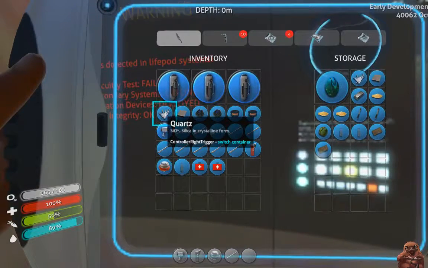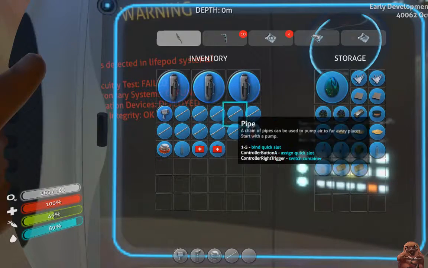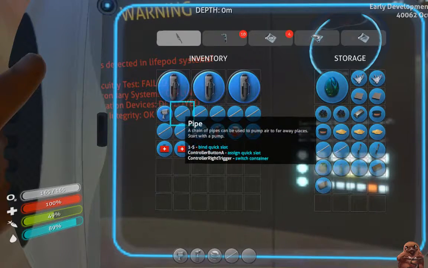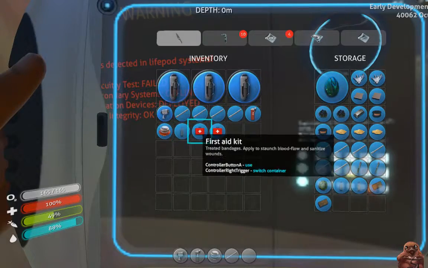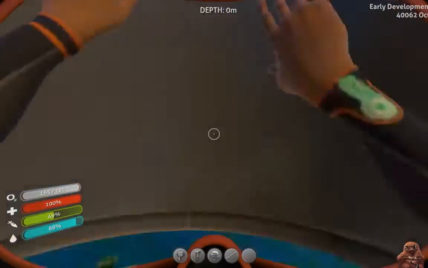I mean, we'll move over the quartz for now. The lead, titanium, and the copper wire. We're gonna keep the piping. Actually, we're gonna get rid of 1, 2, 3, 4, 5, 6. We'll leave that here with us for now. But we do need to catch